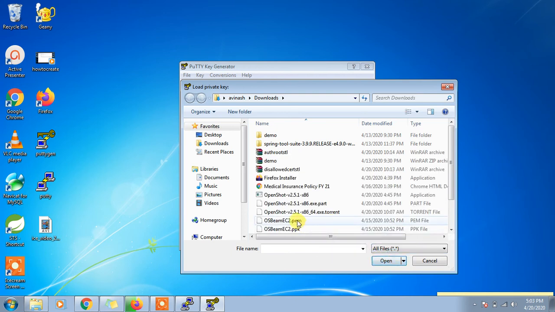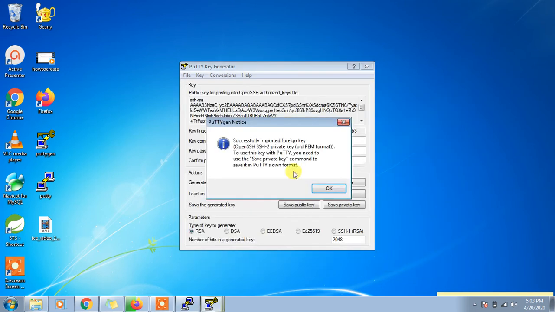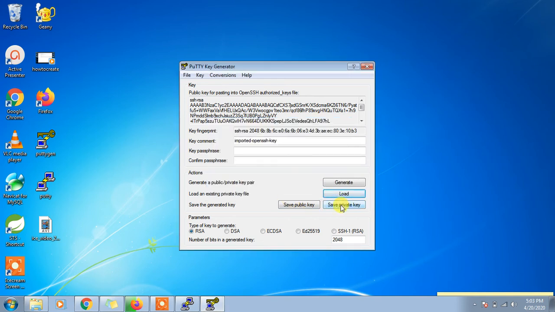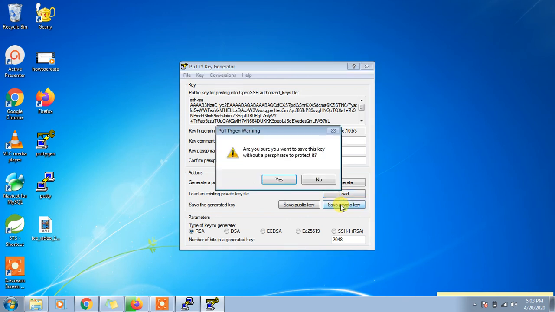Okay, I have this PEM file. After loading this, we have to click on save private key.